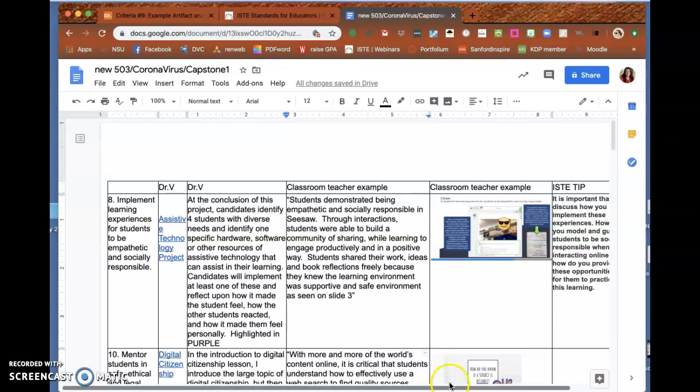Epidemic, huh? That's the word they're using now. So we're going to just roll with it in 503. The rest of 503 was supposed to be all about hardware, software, telecommunications, distance learning, very nitty gritty IT, not instructional technology type of stuff. And we can't do that if we're not physically at our schools.